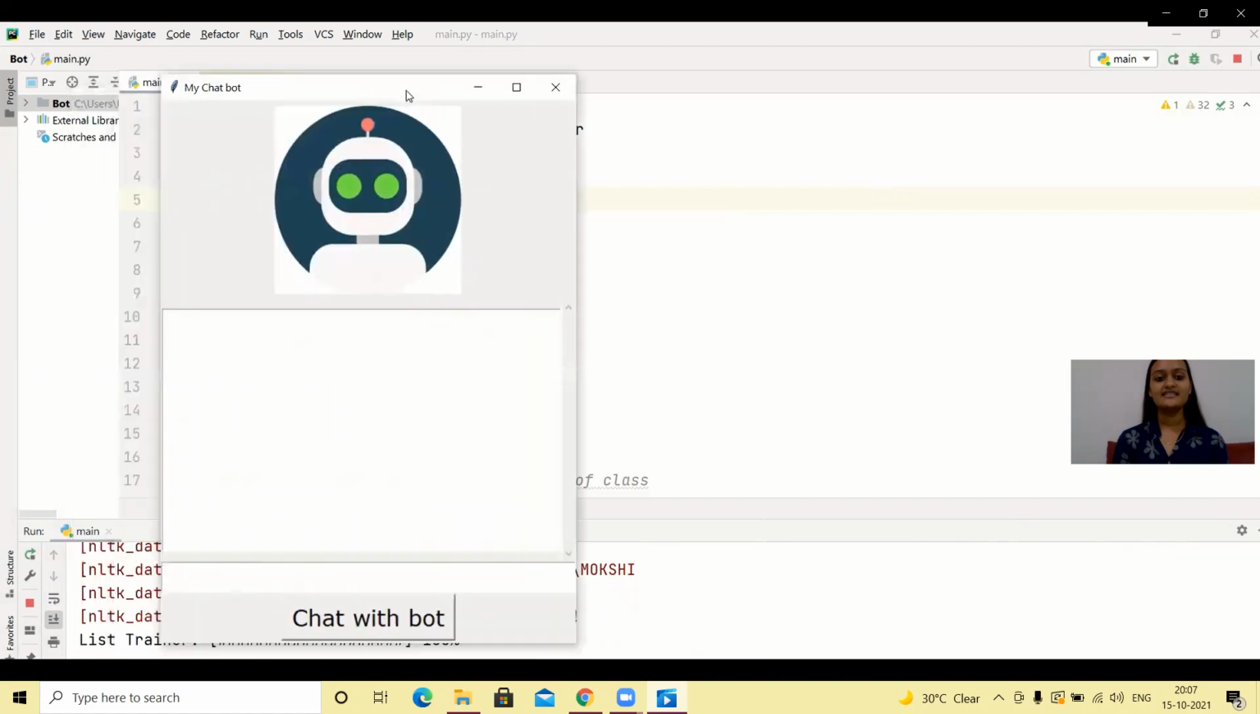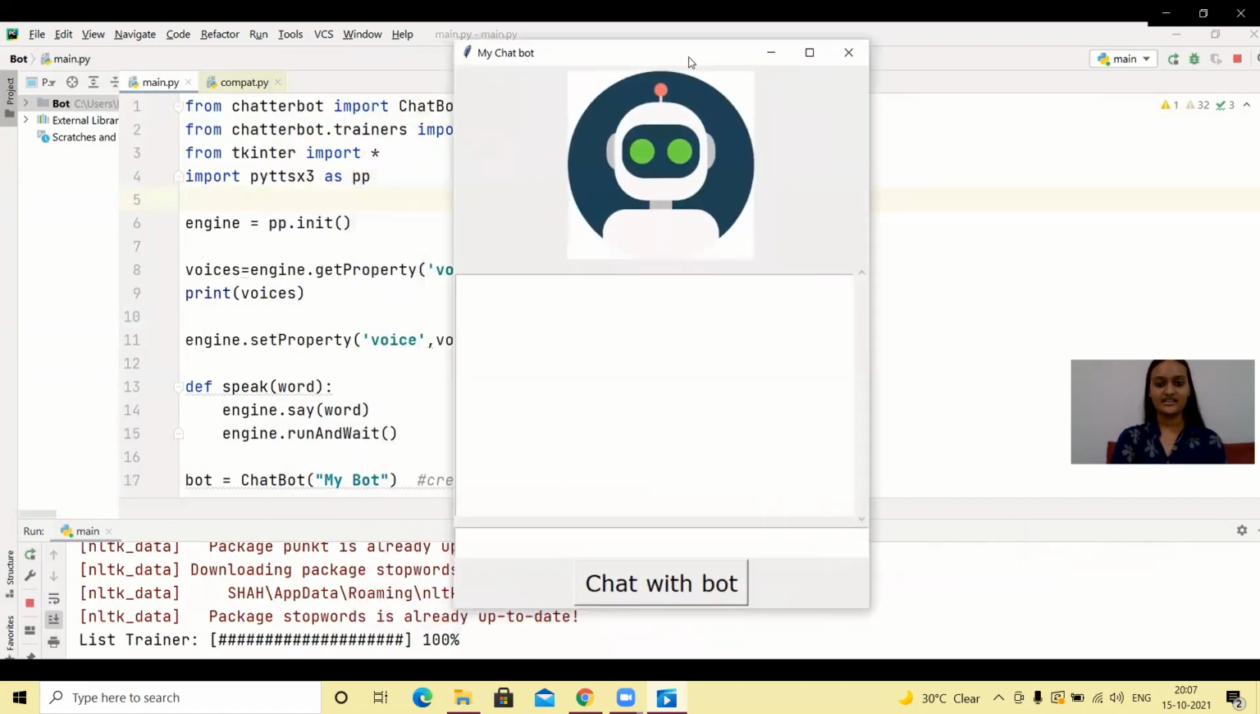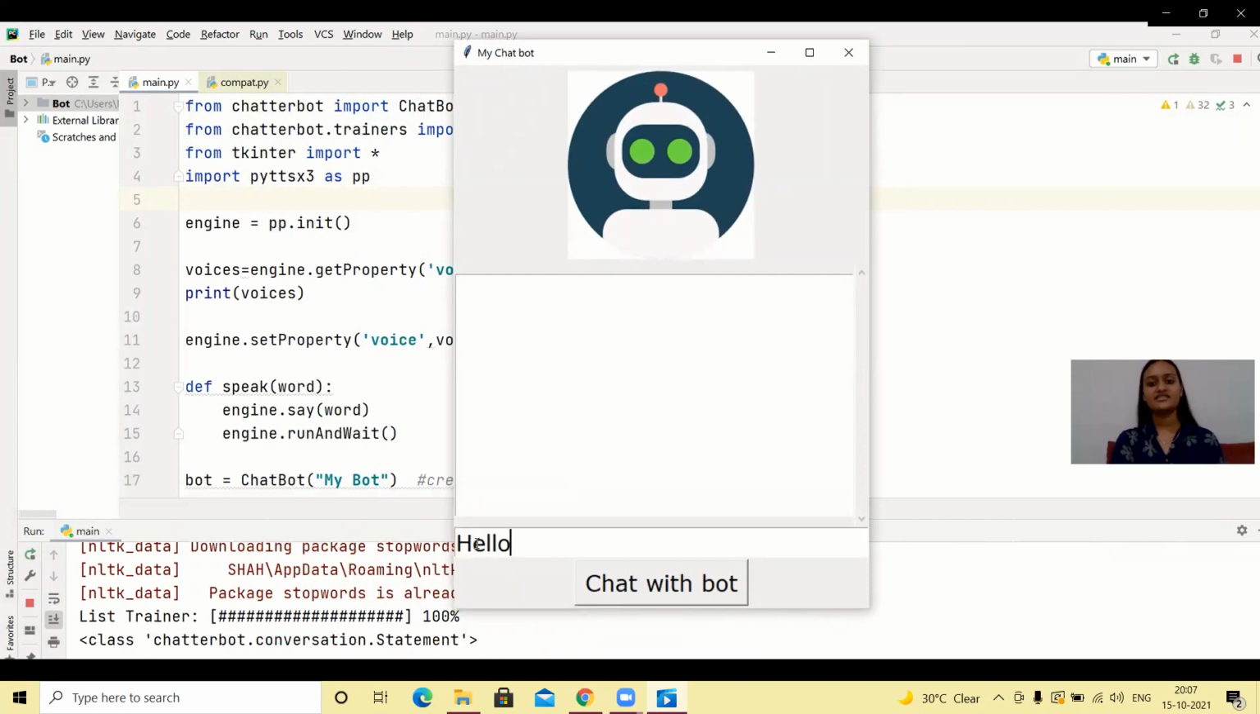As shown, this is the GUI of our project. As mentioned, this is the text field from which a user can enter his or her own inputs and can build a conversation with the bot. So, as I enter hello, the bot will reply in the text as well as the audio format. As this session is getting recorded, the audio won't be audible to you, but yes, that's one dominant feature